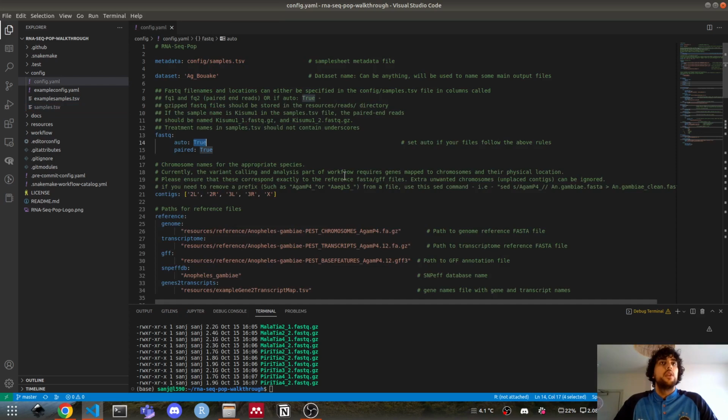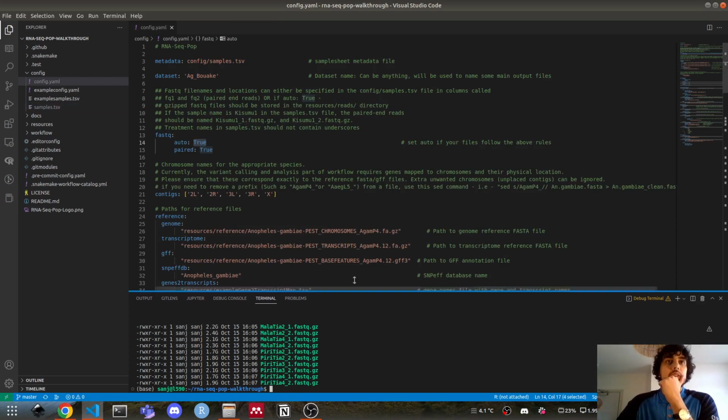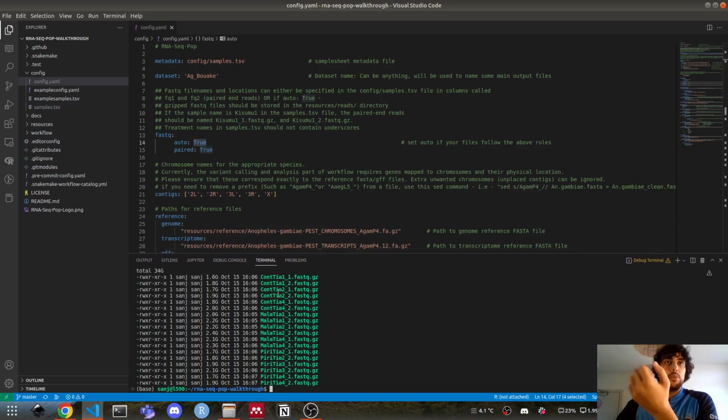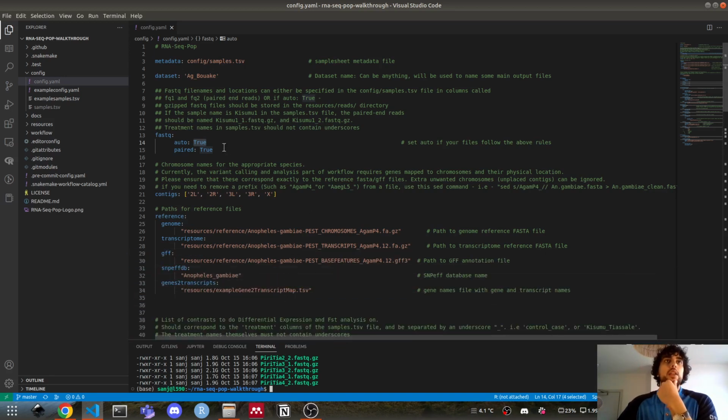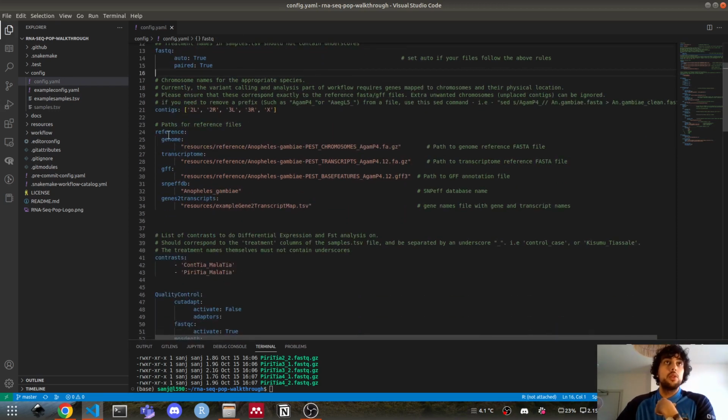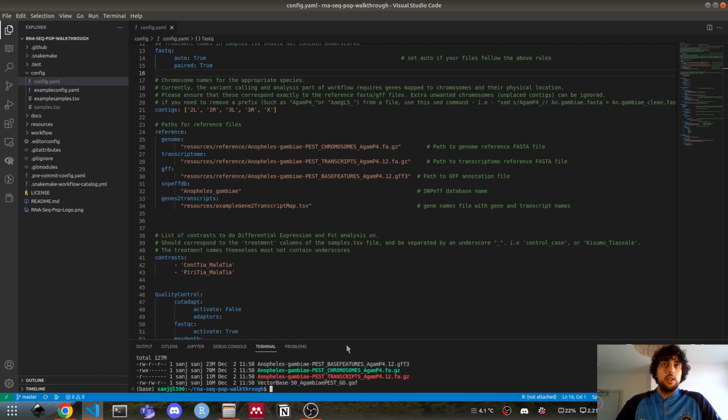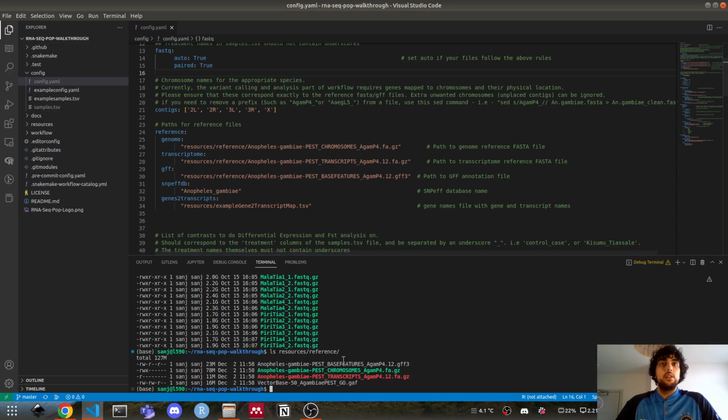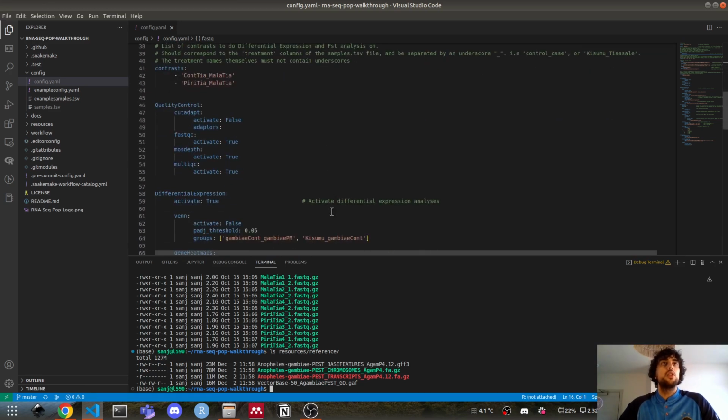Oh yeah, and the way that these are done, it is automatic naming. So we can see there's a sample ID underscore 1, 2, and so on and so forth. And this is indeed paired end data. So we put in the context we want. We're going to point to all of the reference files that I just talked about. So you can see that I can do ls resources reference, and we can see here that those files are present. So that's cool. I'm not going to go through all of this in complete detail.